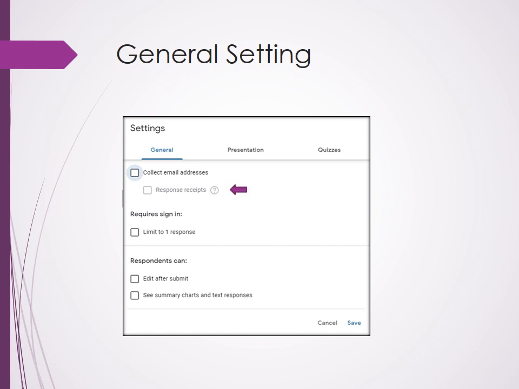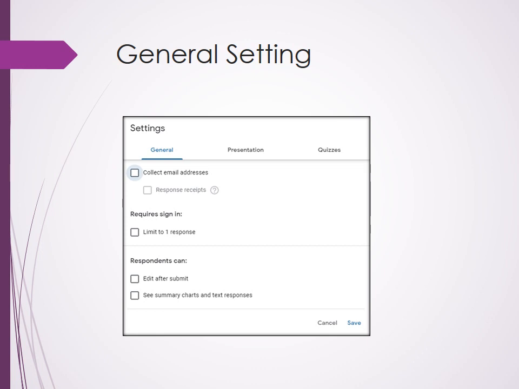Another is responses. If you are collecting the information via email, it may restrict to one response. If you click it, via login of one email ID, you will get one response. So you will be assured about a single response from a single person. That depends on your choice, what type of information you are going to collect. So you will do it.